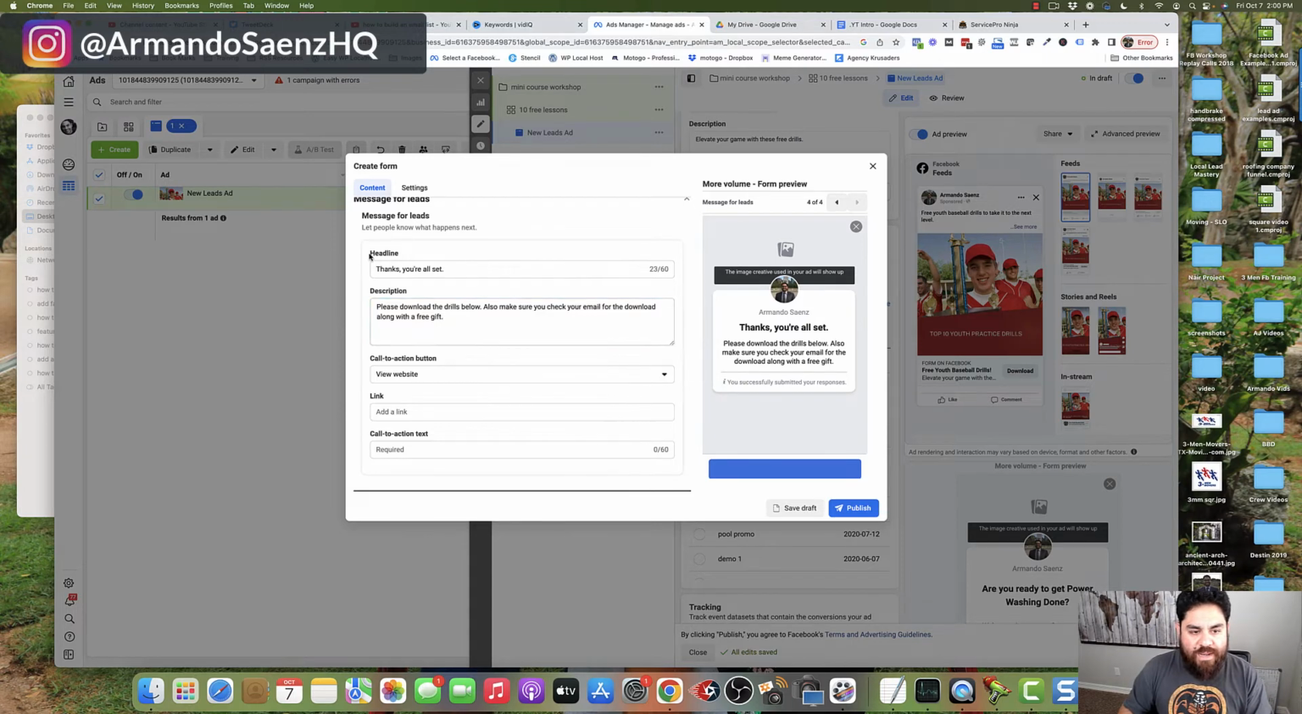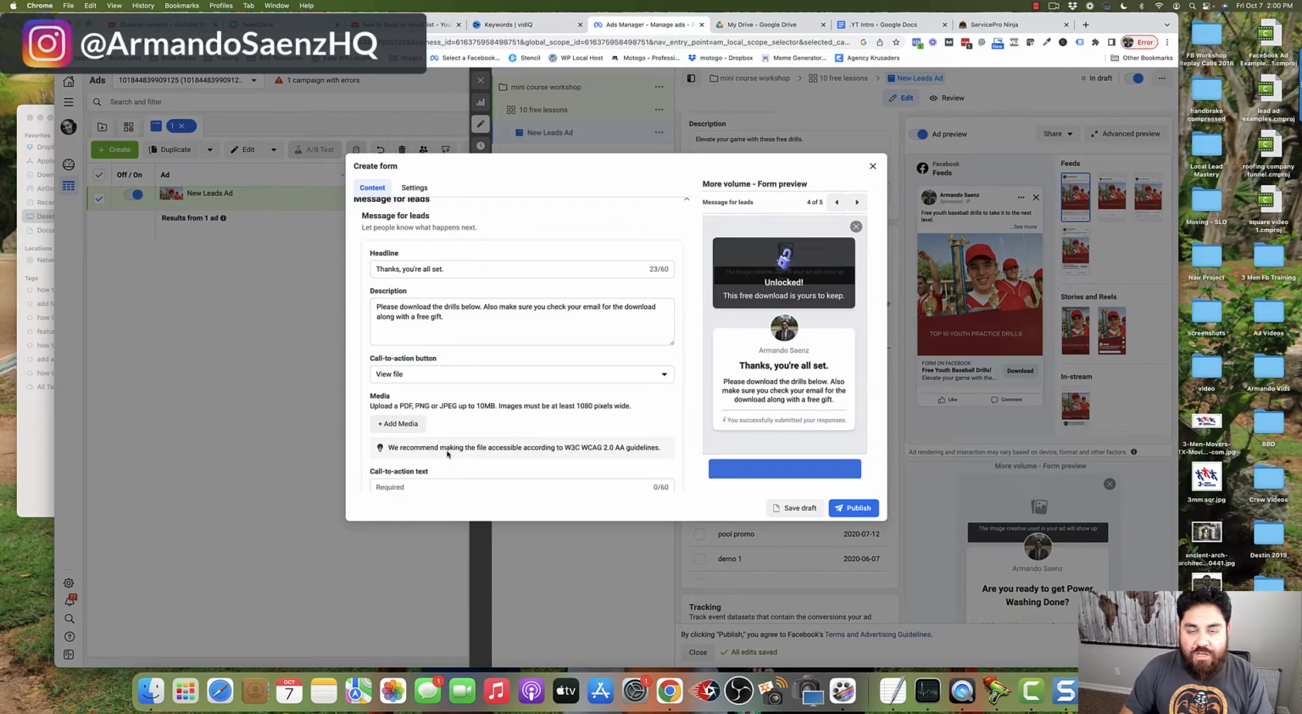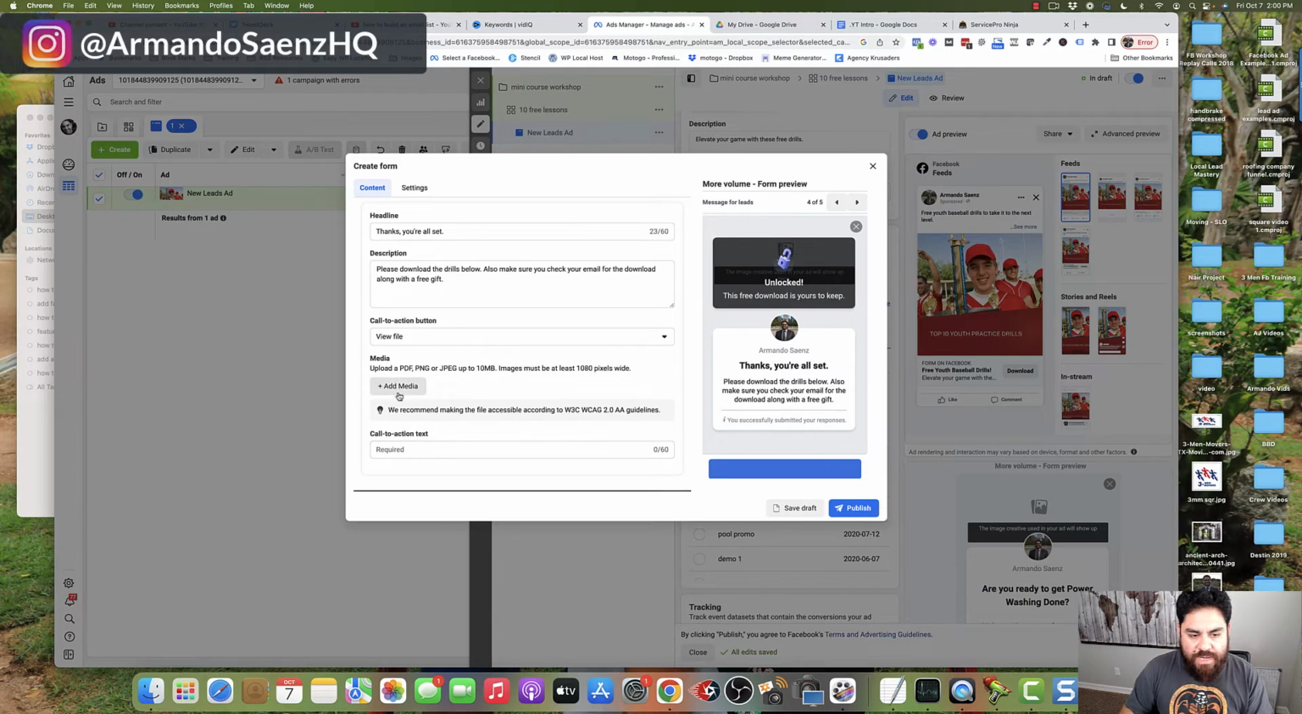So once you go ahead and adjust your headline and your description, you'll want to come down to the call to action button section here and expand this and choose view file. Now, the new option that's showing up is this media file upload that basically puts a little lock screen on your lead ad, allowing people to not be able to see or access your file unless they unlock it. So in order to deliver your lead magnet, you can now upload it directly to Facebook